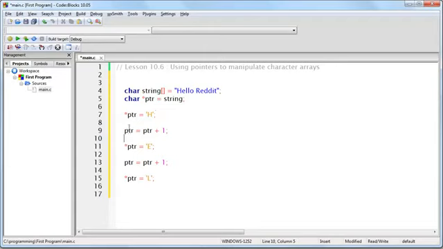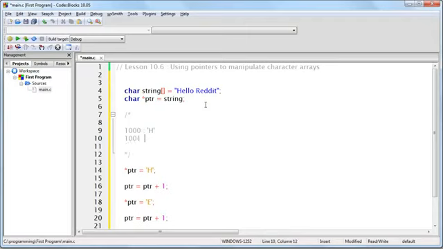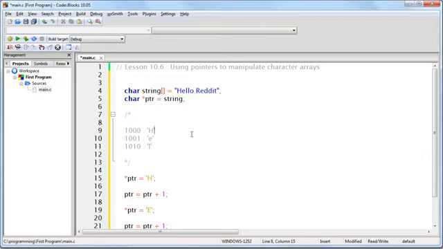Then we are going to increment our pointer by 1, which means that instead of our pointer pointing here, it is now going to be pointing here. Because in memory, the way that this is going to look, for example, is here you're going to have an H, here an E, here an L, and so on. So whereas pointer was pointing here, as soon as we say PTR equals PTR plus 1, it is now pointing here. So when we run this code, we are changing what is at that memory address to be a capital